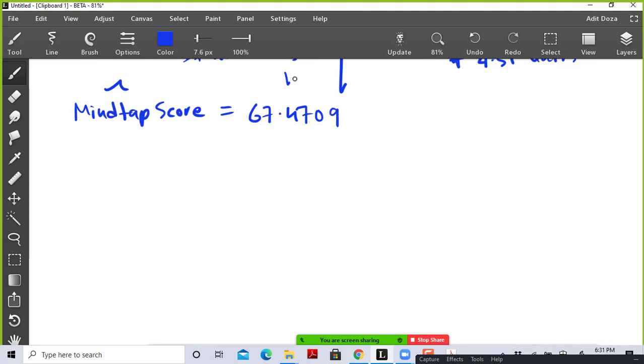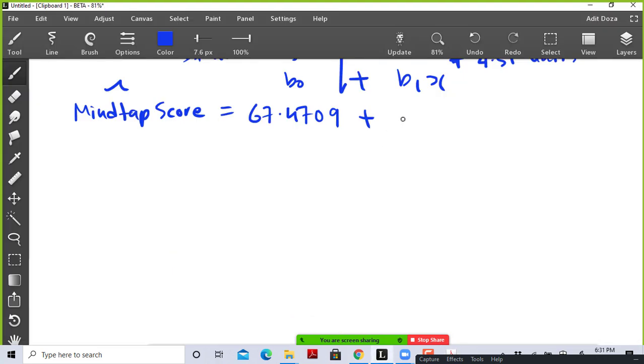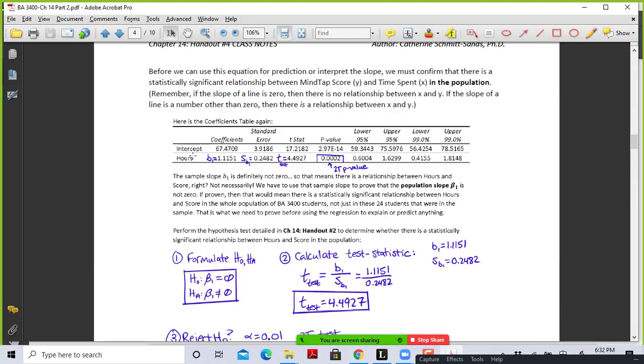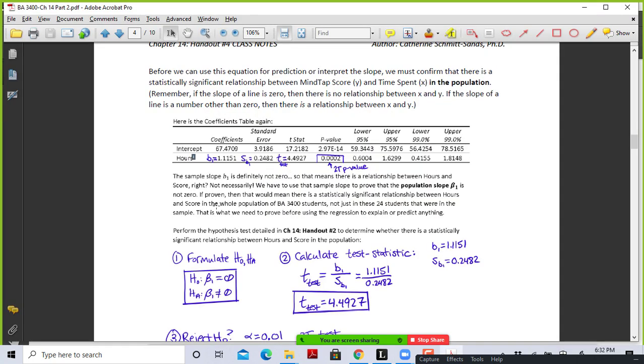This is beta 0 basically. Then plus beta 1x, where beta 1 is positive, 1.1151x. And what is x? X is the hours, so instead of writing x, you can write hours. And if I say test whether the slope is statistically significant or not,